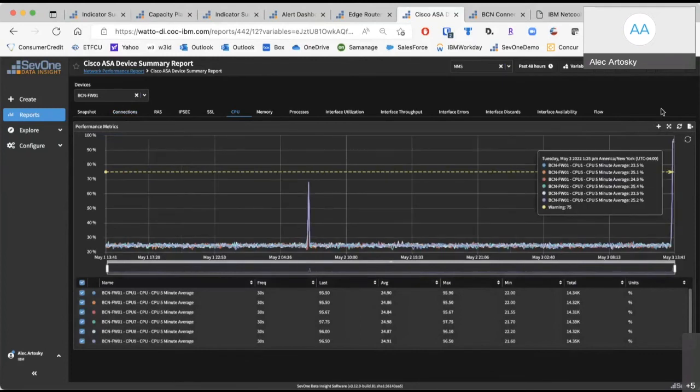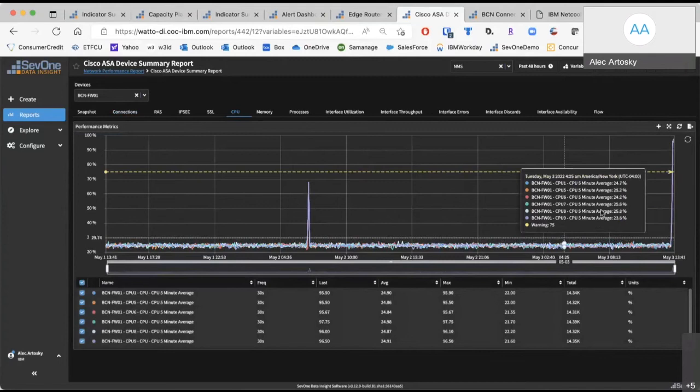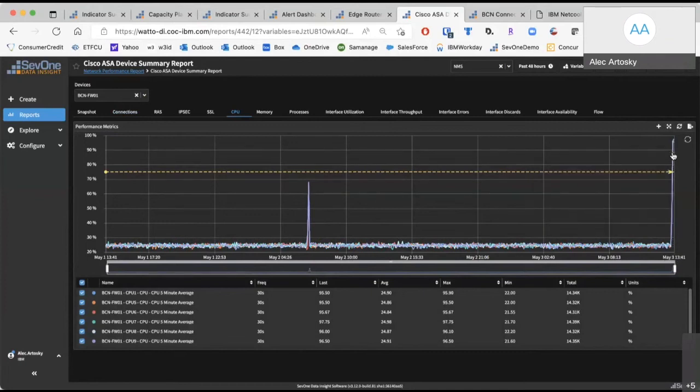So if I hover over this, you'll see that we're pretty much moving along. We've had a little bit of a spike here. But if we look here, you can notice that if I hover over this, in the last 5 minutes, we have had a massive increase in CPU utilization, which is what those alarms were telling us. So you can see that in real time, as we begin to have issues, the system is not only going to notify me of the issues that we're having using the AI capabilities, but then we can also see them